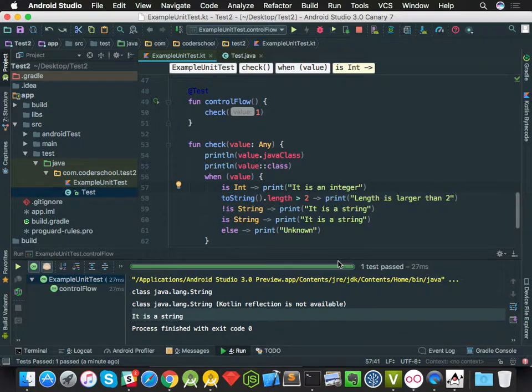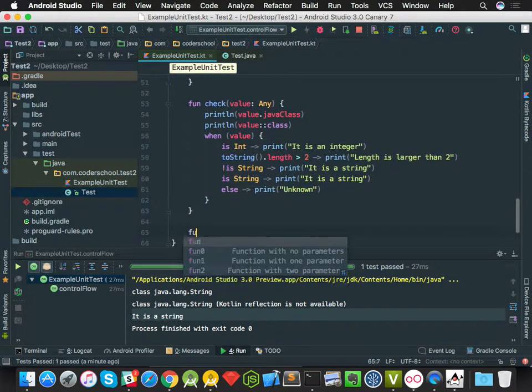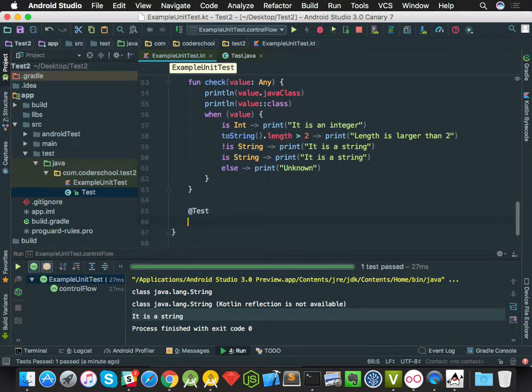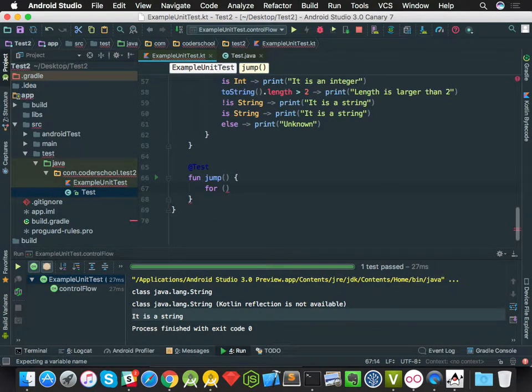So we go with return and zoom. Very quickly in here, we have the jump function in Kotlin, right? So in Kotlin, you can do a jump. You know that in Java you can do a jump, like break out of the for loop, right? The same in Kotlin, but